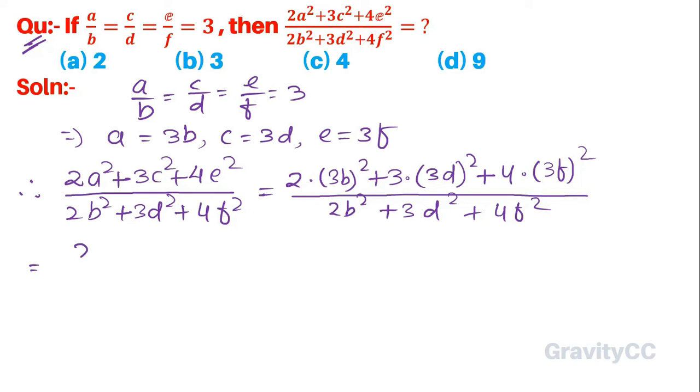So it is equal to 2 into 9b square plus 3 into 9d square plus 4 into 9f square upon